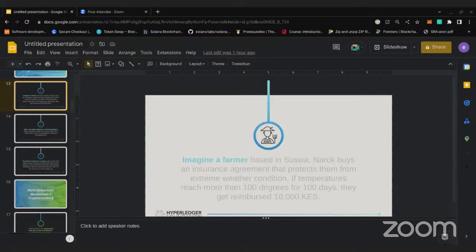Okay, I think I can take that one. Basically, it's open source in that there are existing libraries that you can implement within your use case.